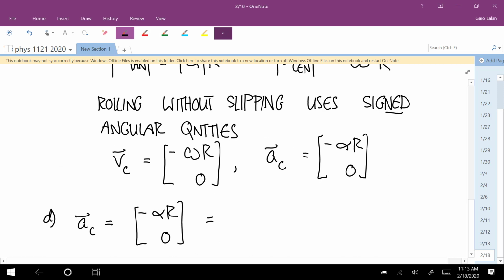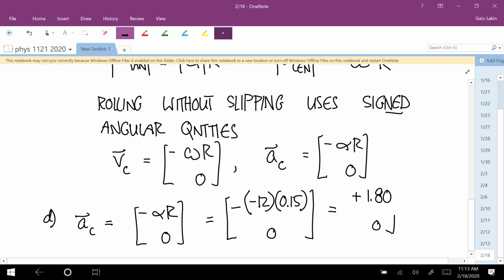So this is equal to negative of negative 12 times 0.15, and then 0 for y. And that is positive 1.8, 0